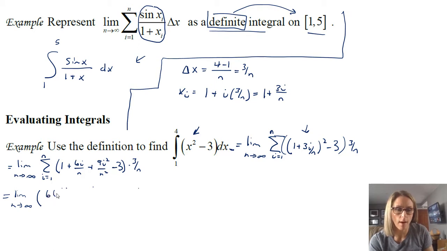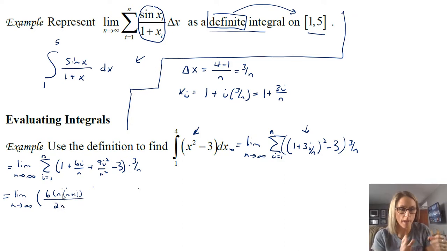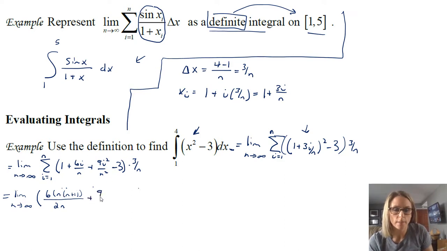Summing the i gives us n times n plus 1 over 2. So I replaced the i with the summation of i from 1 to n, which is n times n plus 1 over 2. And then I'm going to replace the i squared with the n times n plus 1